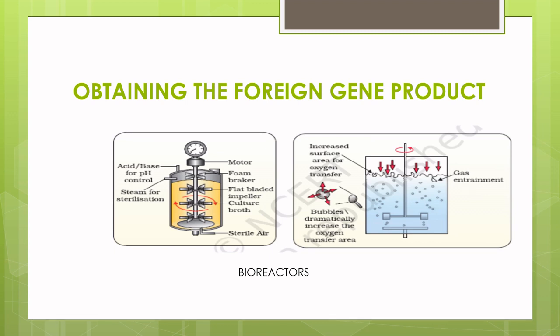A stirred tank reactor is usually cylindrical or with a curved base to facilitate the mixing of the reactor contents. The stirrer facilitates even mixing and oxygen availability throughout the bioreactor. Alternatively, the air can also be bubbled through the reactor. A bioreactor has an agitator system, an oxygen delivery system, a foam control system, a temperature control system, a pH control system, and a sampling port so that small volumes of culture can be withdrawn periodically.